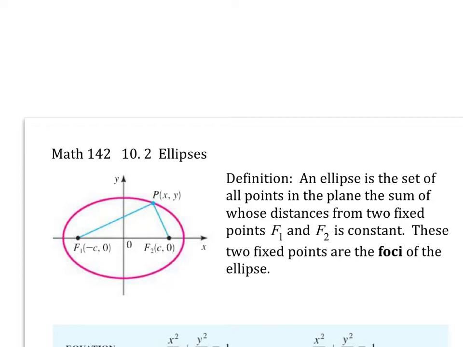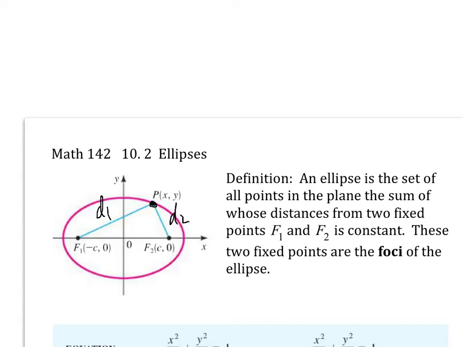Okay, in this section we're going to discuss ellipses. A definition: an ellipse is a set of all points the sum of whose distances from two fixed points is constant, and we call those two fixed points the foci. So in other words, this point P lies on the ellipse if D1 is the distance from P to F1